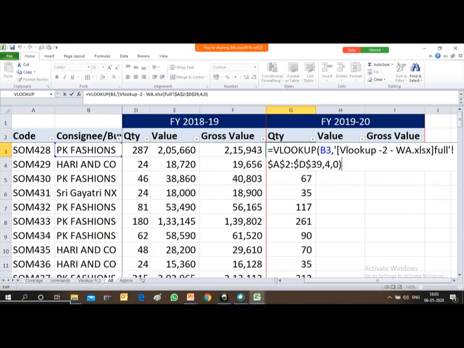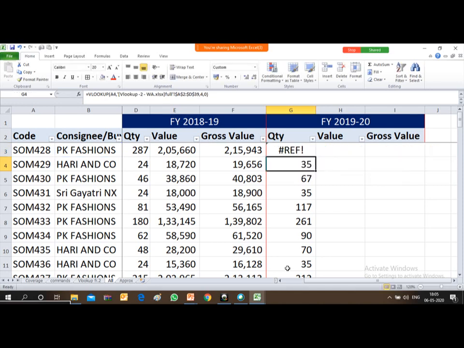So the range was from A2. You can mention over here B2. In B2, you just change the A to B. Now you see, friends, again it's not appearing. It means that by omitting one column in the range, the number of columns has reduced.